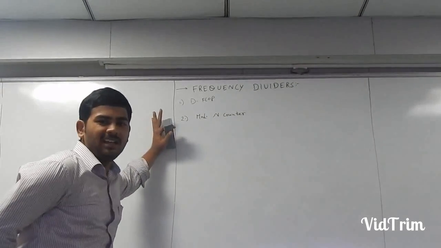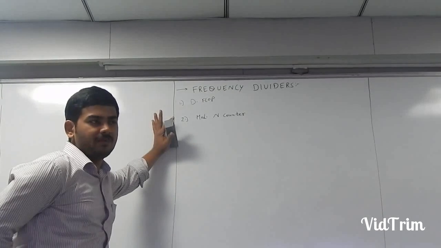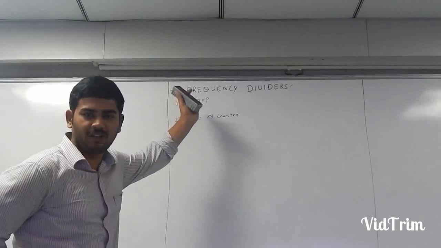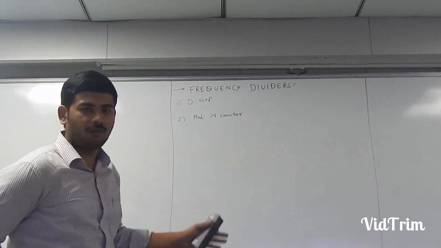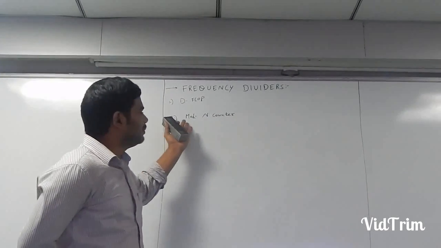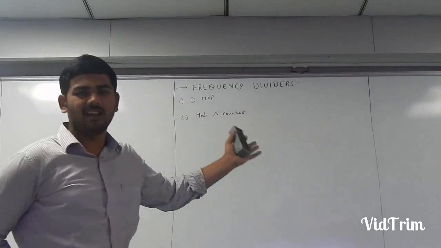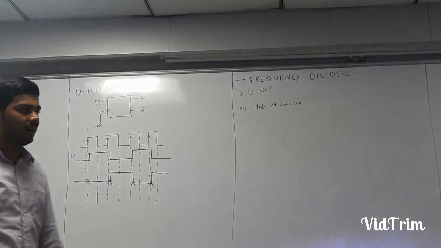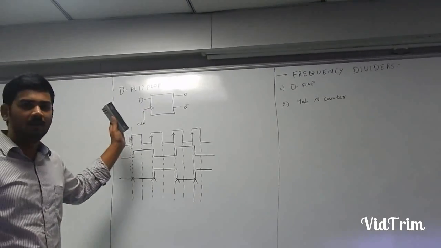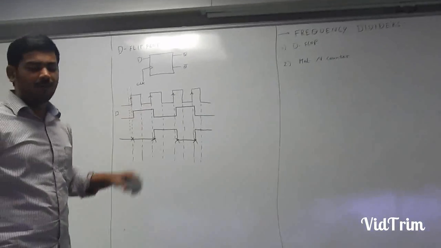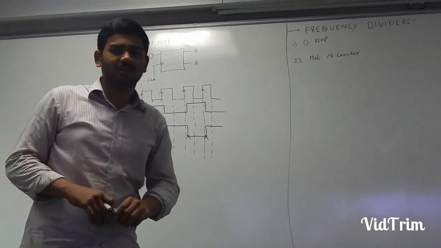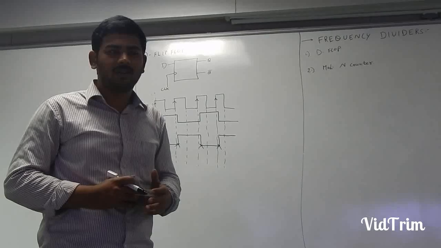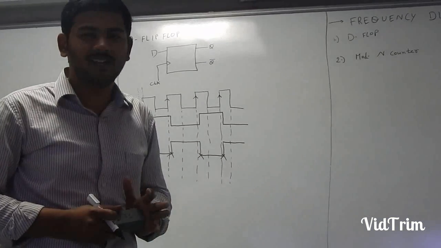If you want to learn the ins and outs of frequency dividers, you just have to learn the main operation of the D flip-flop, and what a mod counter is. It's a modulus counter. So guys, the first thing to know for frequency dividers is the D flop. Everyone knows about the D flop, but if you use a flop, we get a 1 clock cycle delay.